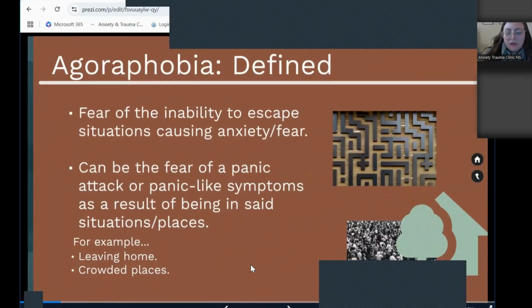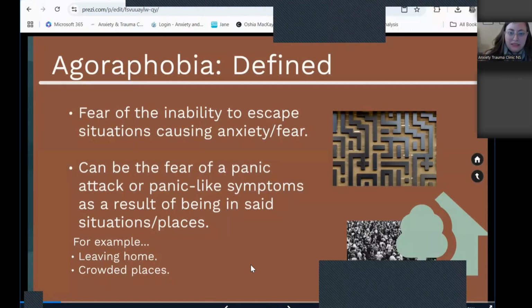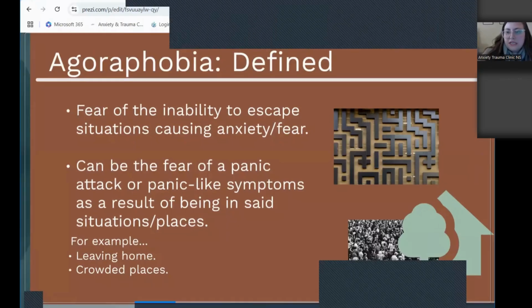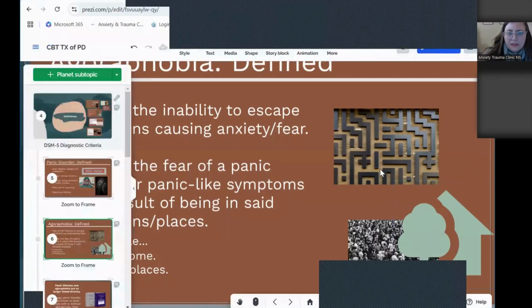Next, we'll talk about agoraphobia and define that for a minute. So as we'll go over in the diagnostic criteria in a few moments, agoraphobia used to exist with panic disorder. Sometimes it can, but it can exist on its own now as well. So agoraphobia differs in the way that,